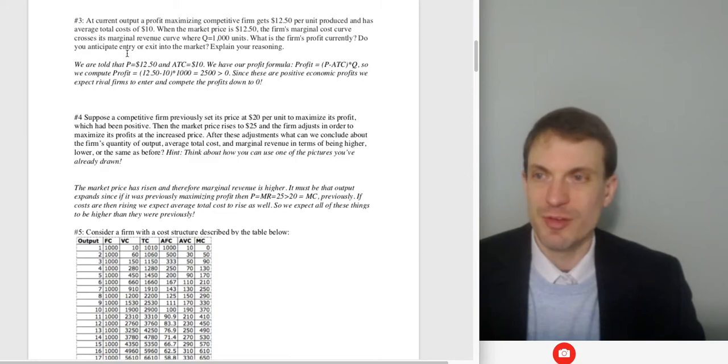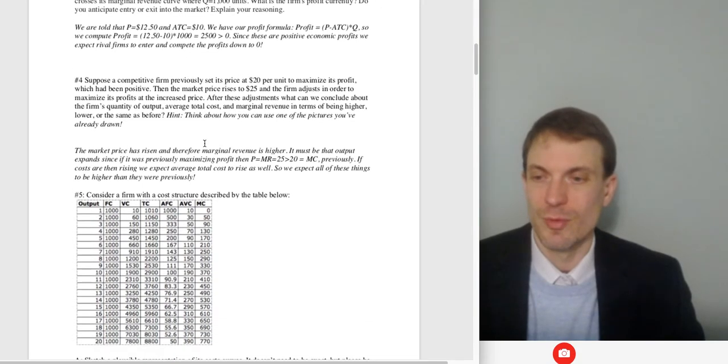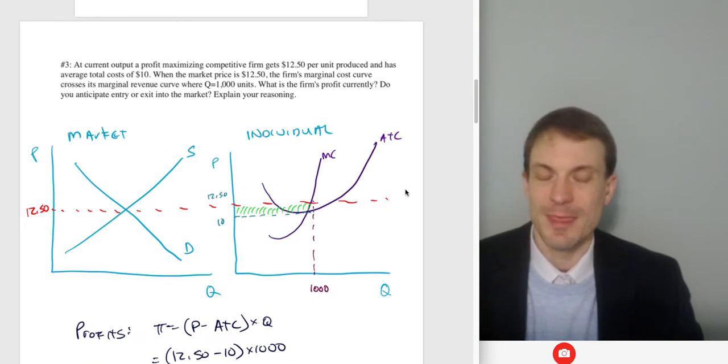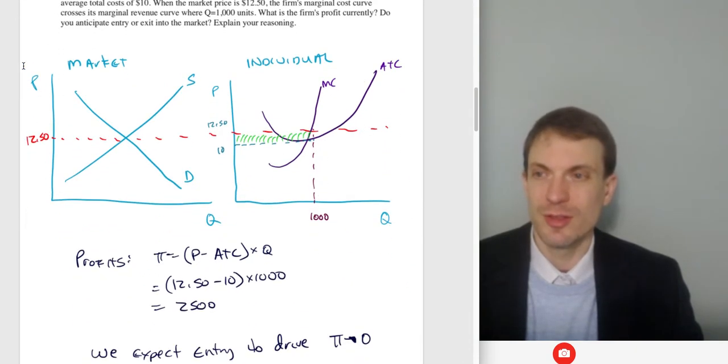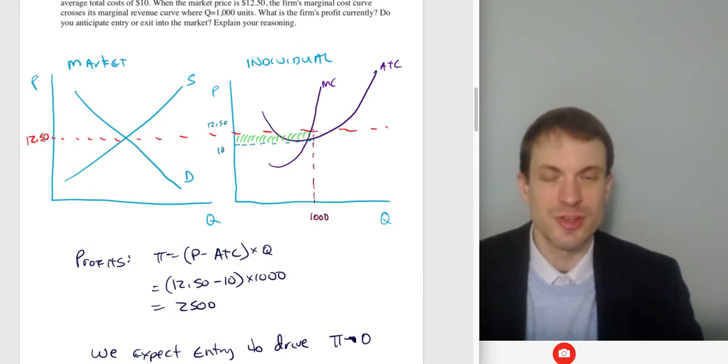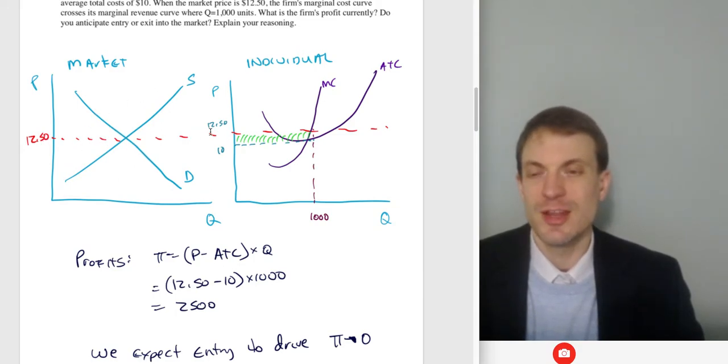What's the firm's profits? Do you anticipate entry or exit? Well, let me draw a picture here. Here's the entire market in the left panel, and then the individual firm in the right panel. The entire market as a whole, the interaction of market demand and market supply, is generating this price. And then the individual firm is taking that price as given, determining where that crosses its marginal cost, producing these